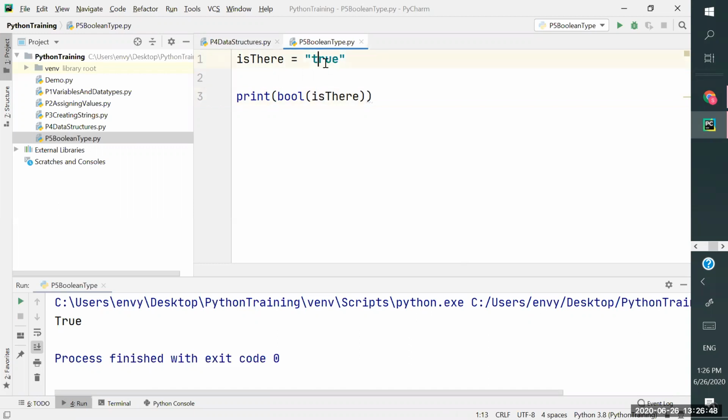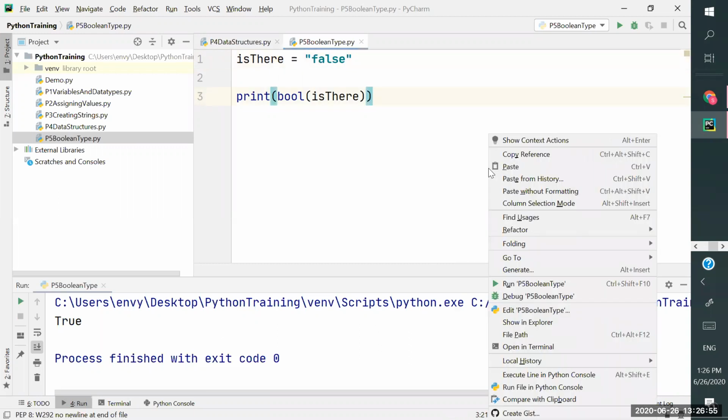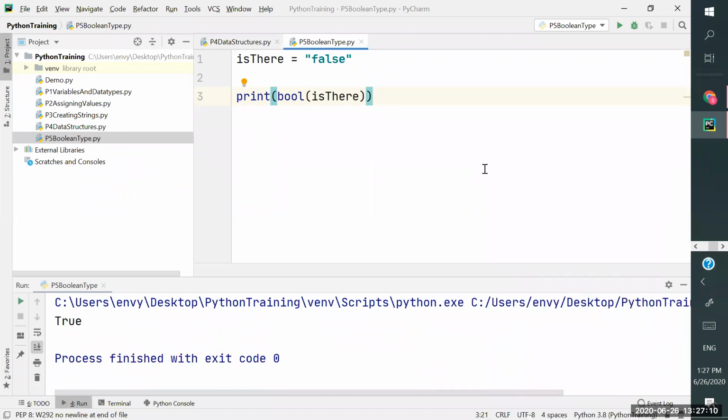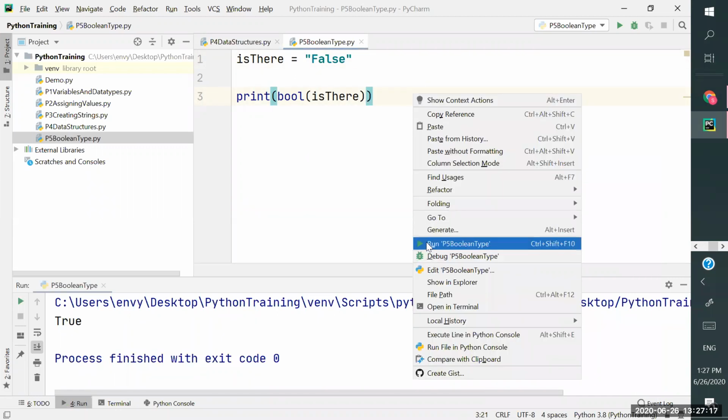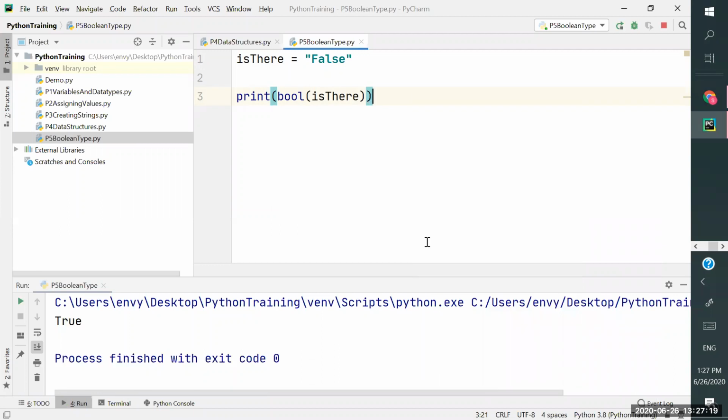So what will happen if I specify false? Before we discuss the while loop or if condition, this is important. If you know how this Boolean works, you can pretty much write conditions and verifications, all the stuff. Here, let's observe. It shows true, but I have given false here. So let me give it in capital letters, and capital letters are also giving true. So this is the problem you'll see.